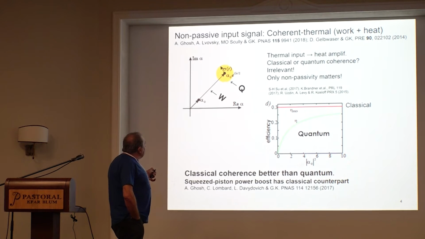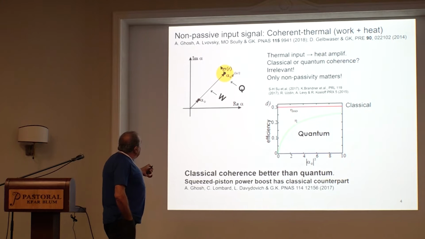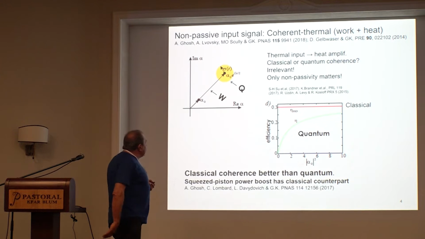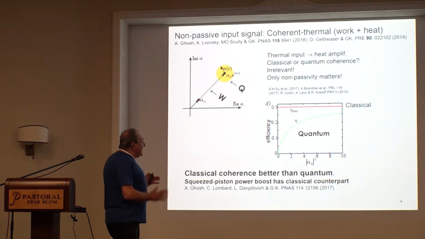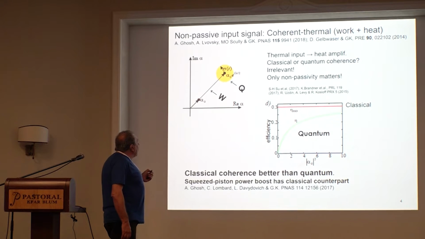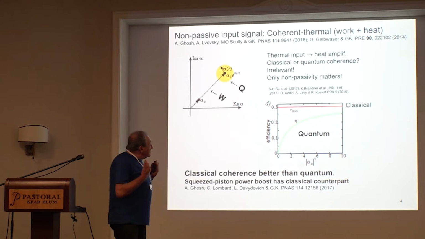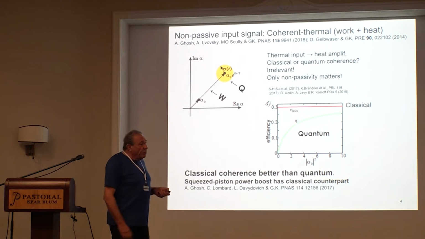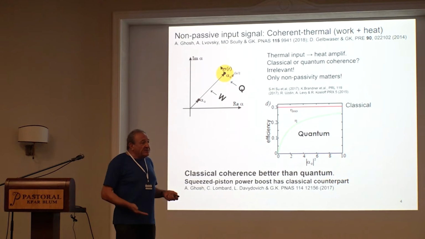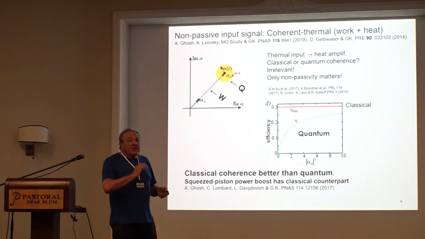As it is amplified, it produces work which is measured by the distance from the origin, okay? And it also gets heated. This is the yellow circle shown here. The distribution broadens, but this is a parasitic effect which can be relatively small. So the point is that as it evolves, the state of the piston becomes more and more classical, but it retains its coherence. In fact, as we know, coherent states can have infinite amplitude,